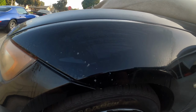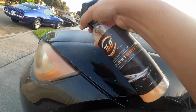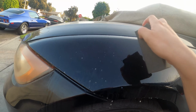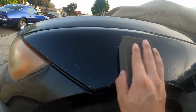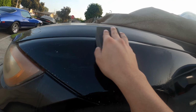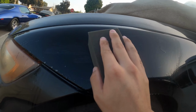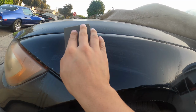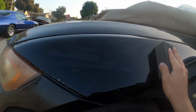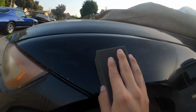When the Brazilian mist starts to go away, make sure you put more Brazilian mist and keep that area lubricated, just like this. Then put the clay bar back and go left to right. You're going to feel the sandpaperness if the clay bar is needed to decontaminate the section, and as you keep doing it, it's going to get smoother and smoother, and you're going to hear less and less of the sandpaper sound, and eventually you'll get down to just nothing going on. And once you're done